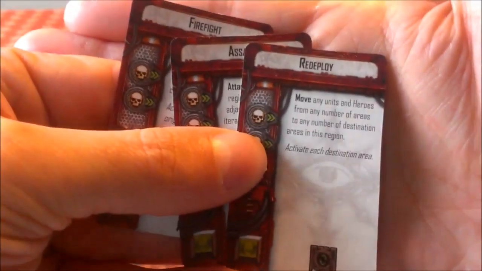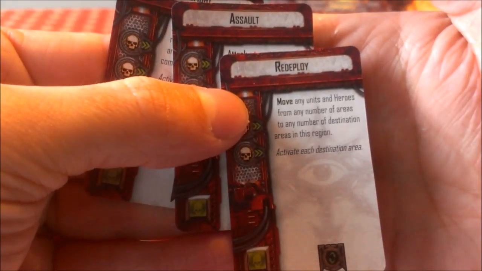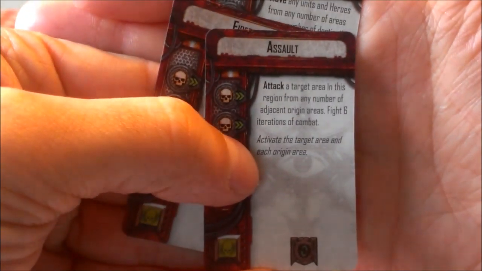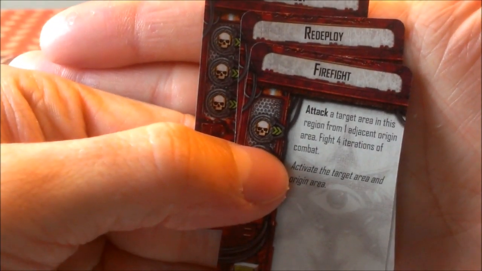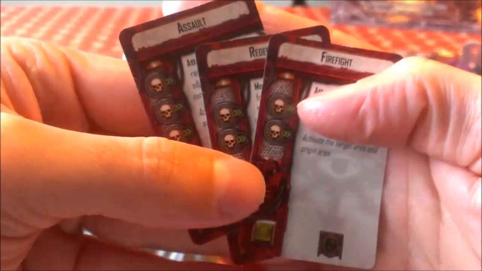And so you can see I have a redeploy order in my hand that will let me move around units. I have an assault order which will let me attack an area, and I have a firefight which will let me start a combat in an area. So to play one of these from my hand directly on the main map,